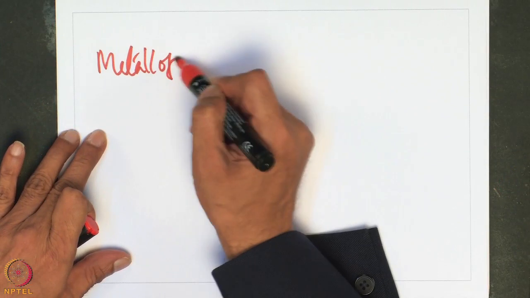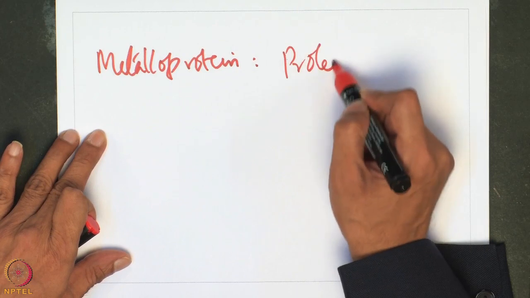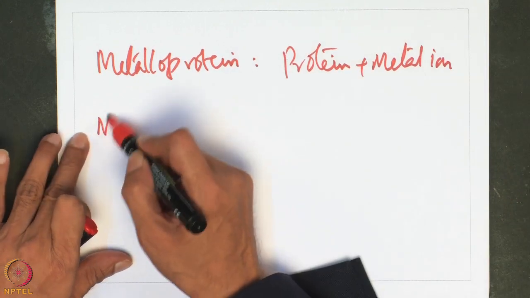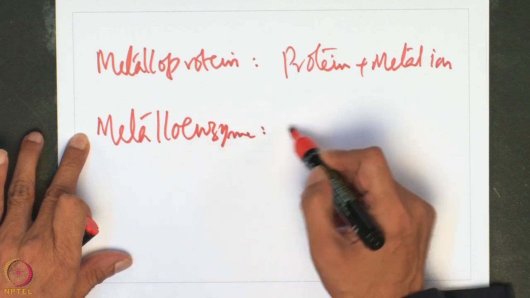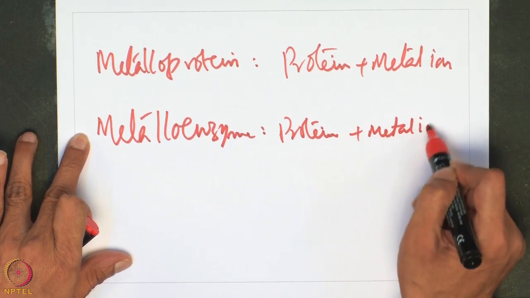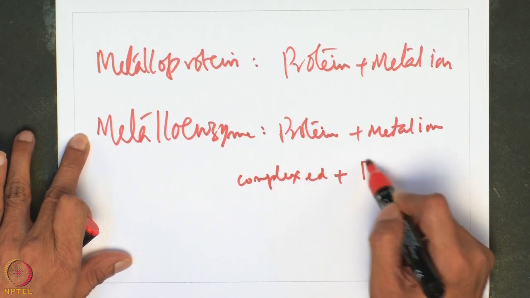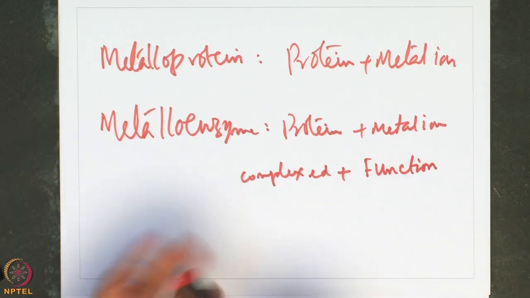A metalloprotein is a protein plus metal ion, and a metalloenzyme is a protein plus metal ion complexed plus function. So, this is what I wanted you to keep in mind, that in the metalloenzyme, the metal center